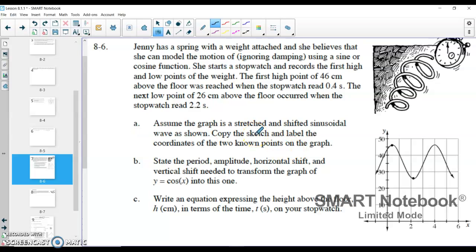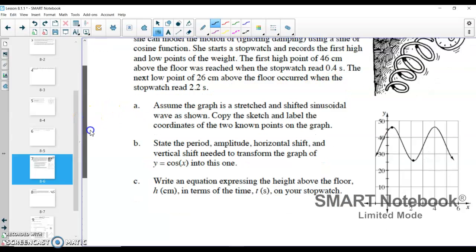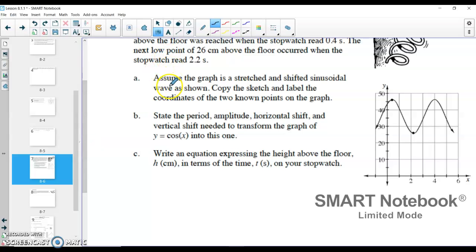In fact, for most of today, we're just going to use Desmos because I'm not in person to see this, and for me to do it virtually. For us to do this, meet with me virtually, it's better to use Desmos. But we can see, based on the directions and based on the graph, that we have 2 known points. The first point is at its high, which is at 0.4 and 46. And so I'm going to make note of that point, which is, again, 0.4 seconds,